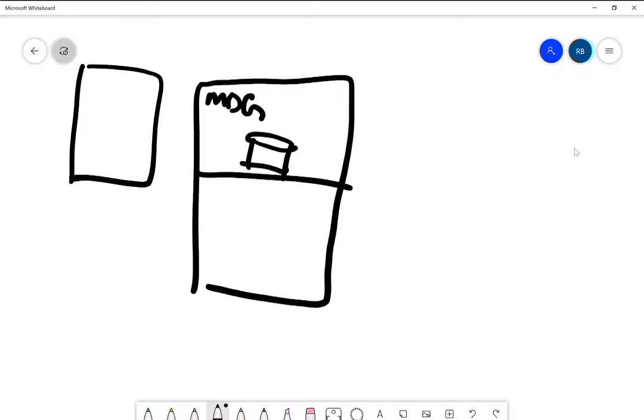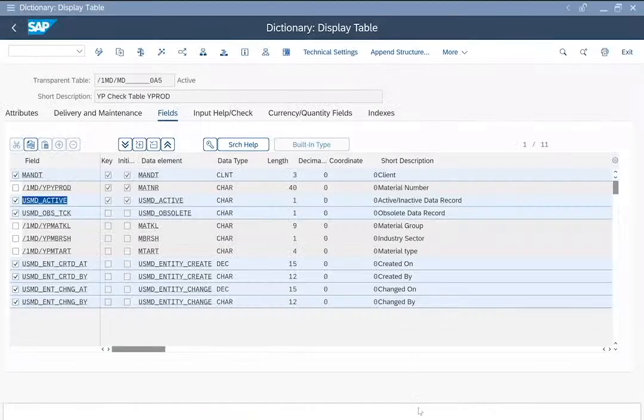So this is a UI application. What happens? The user will log into this particular UI application. He will enter the data, material type, material group, and industry sector, all this information. Once he hits the submit button, this record gets stored into your